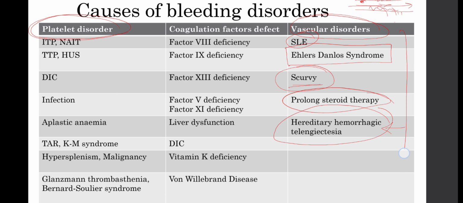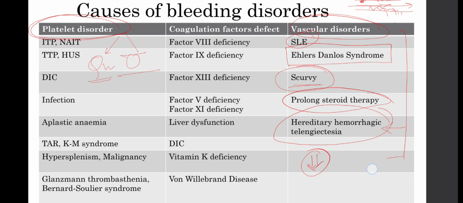So this vascular problem may present with purpura spots or patches in the body, and there is a problem in the bleeding. Now the platelet disorder: either there is a qualitative problem, that means the aggregation problem, or a quantitative problem, that means a decreased amount of platelets. If the platelet amount is decreased, it is due to a decreased production of the